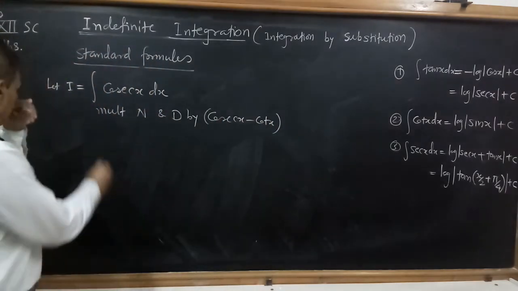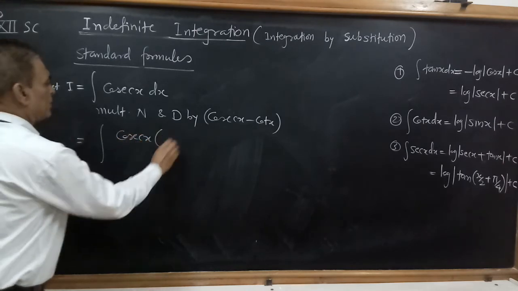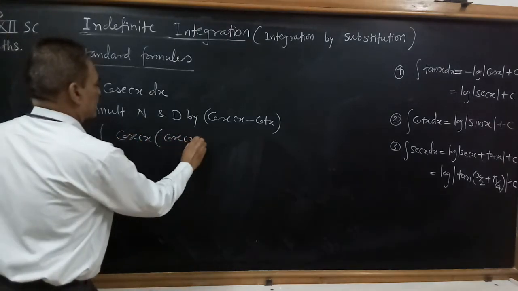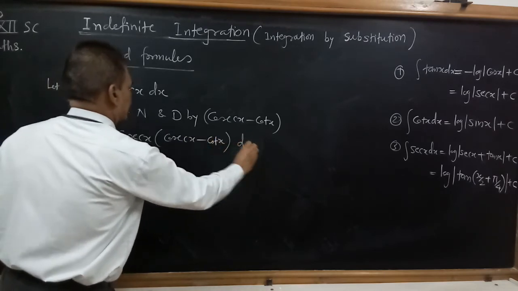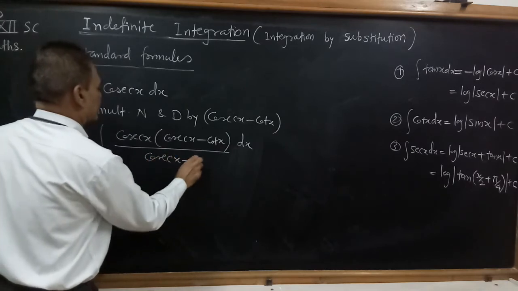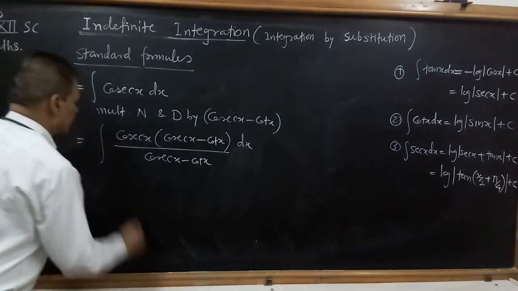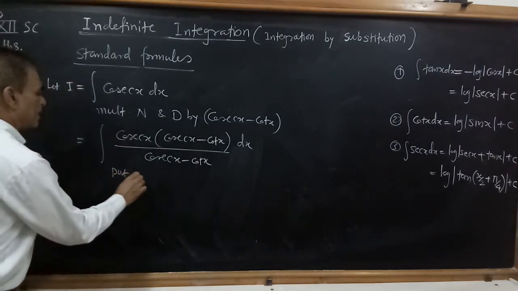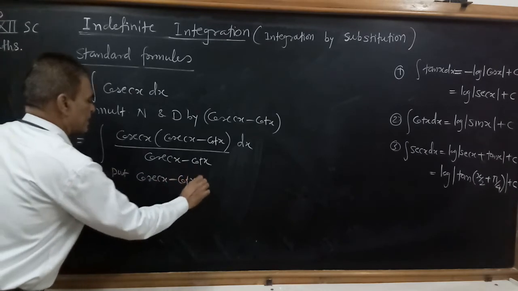This quantity means which is equal to cosec x into bracket cosec x minus cot x dx divided by cosec x minus cot x, and use substitution denominator equal to t. Put cosec x minus cot x is equal to t,